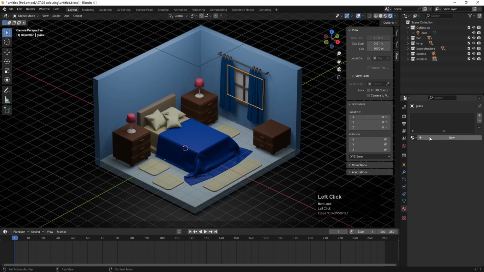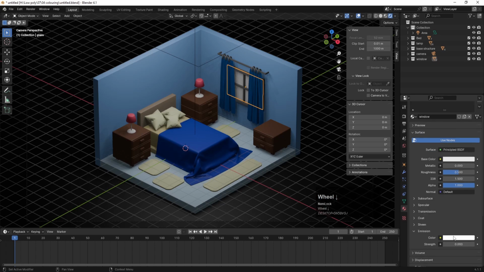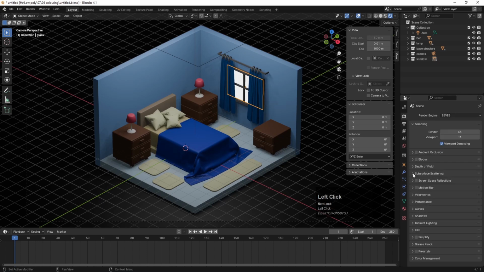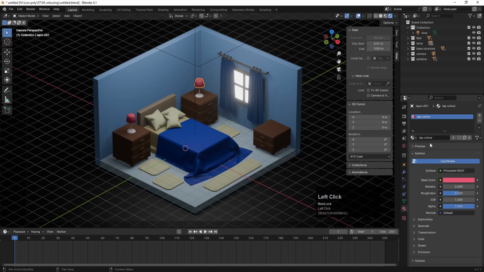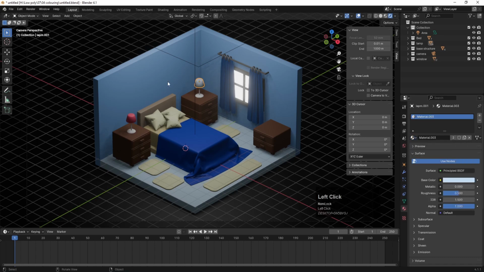We'll go over here, we'll add a new material and we'll call it window over here, and we will choose white color. But over here in emission as well, I'm going to choose white color and I'm going to increase this value up to 5 or something. Then go to the render settings and enable this bloom, so we will get some light from here as well. Okay, like that. If you want, you can select this lamp, you can go to the color and you can apply this